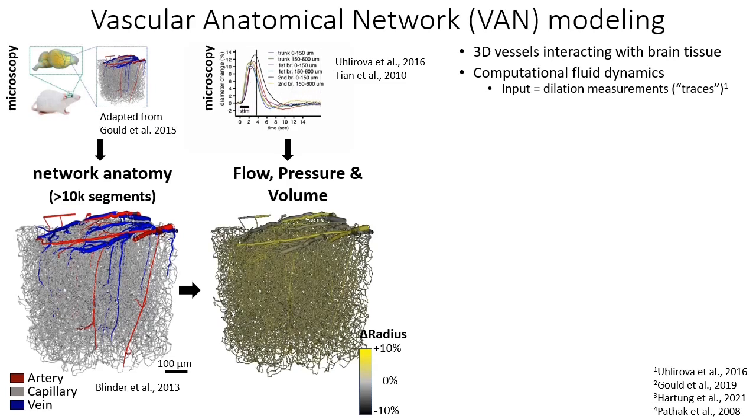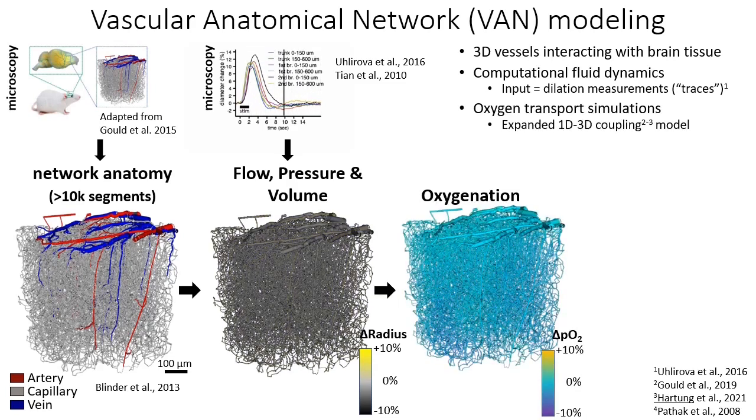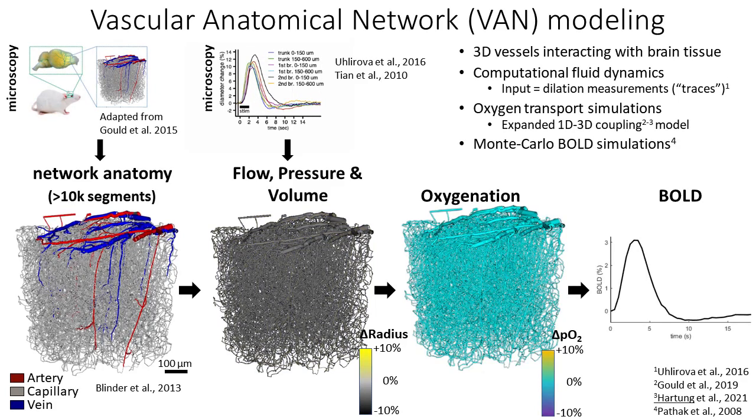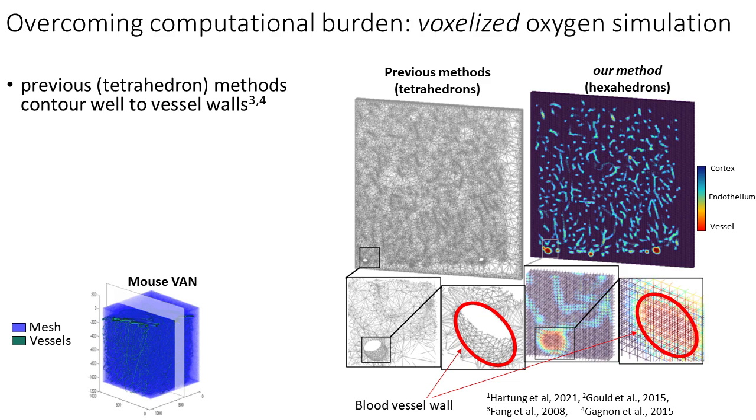Once the flow and volume are known, we can compute the blood oxygenation dynamics in the vasculature and surrounding tissue using our expanded 1D-3D coupling model. We then calculate blood susceptibility and compute the magnetic field offsets around the vessels to simulate a dynamic BOLD response. It is important to note that in order to simulate the dynamic BOLD response with larger VANs that span the entire cortical thickness, we had to overcome the computational burden from previous methods based on unstructured tetrahedrons that contour to